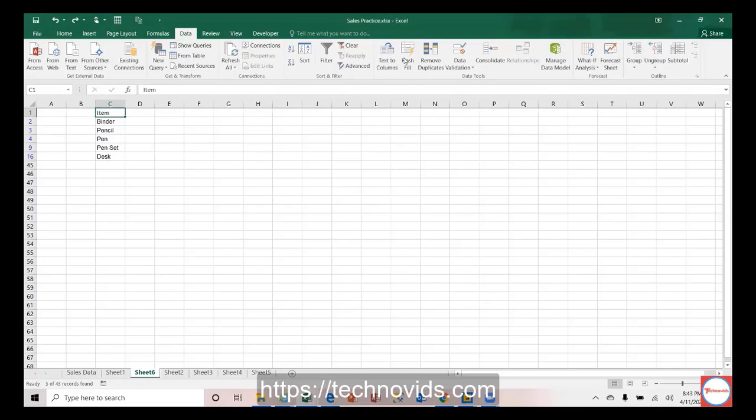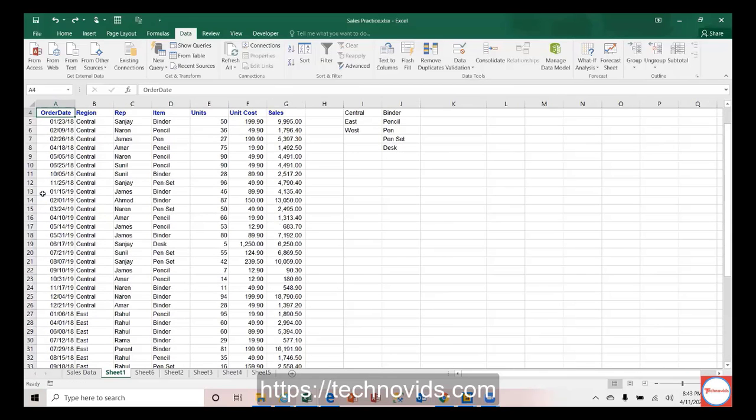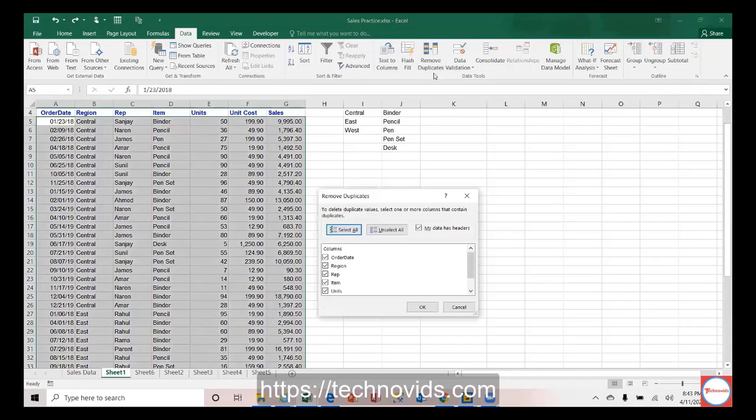So these are the two ways: one is using the filter option, the other is using the remove duplicates option. In fact, in the remove duplicates option, you can also remove duplicates column-wise.